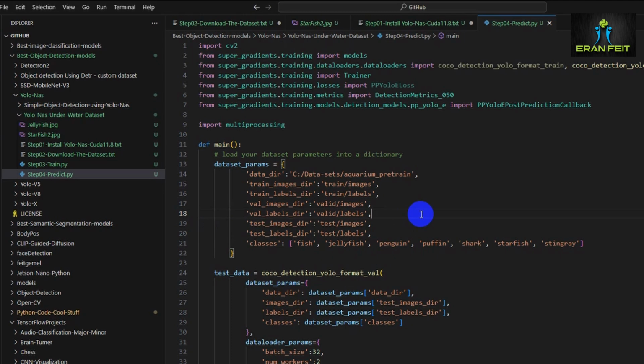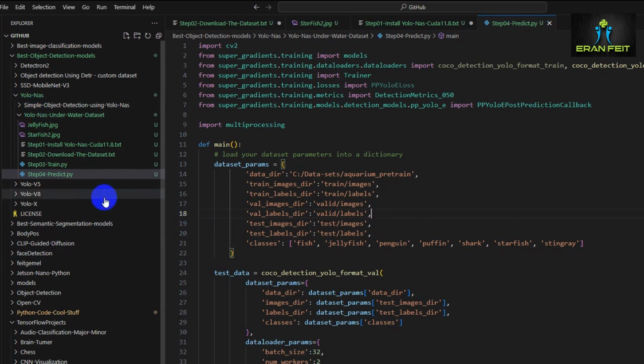So, as I mentioned earlier, the whole process of Yolo-Nas is based on configured parameters. So once again, I will add the full code. Basically, it's more parameters and less Python code. So as always, I will leave a link in the video description for all the code, including the train and